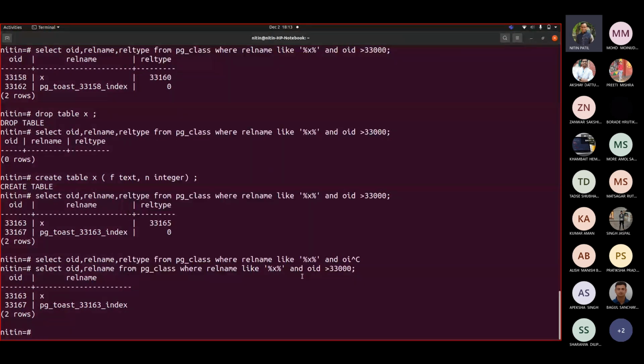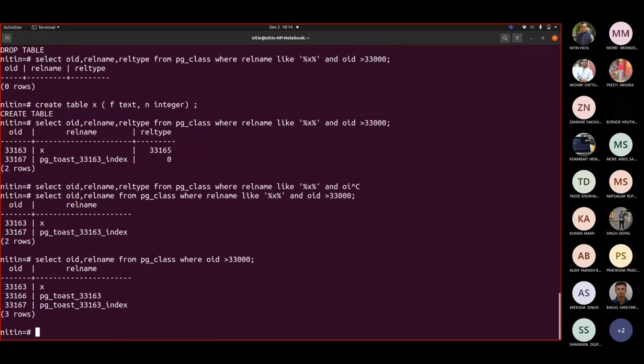Now we said that relation is containing X. It is because we are having this added index. Correct? That's why the entry is shown. Now some entry is definitely there which is greater than this 33,000. So what is that entry? 163, 166 and 167.